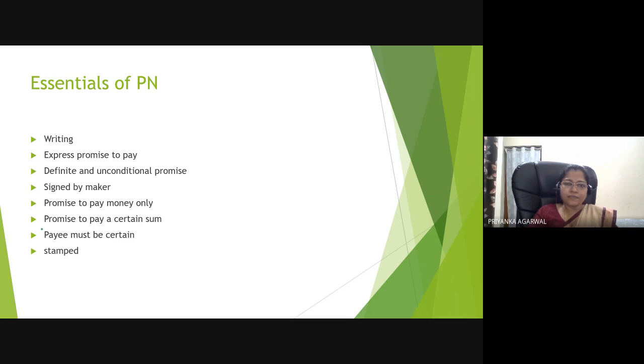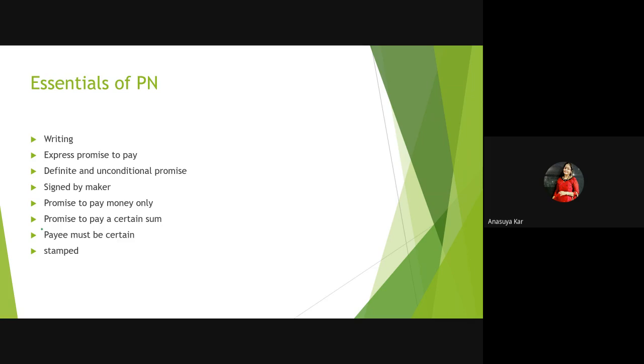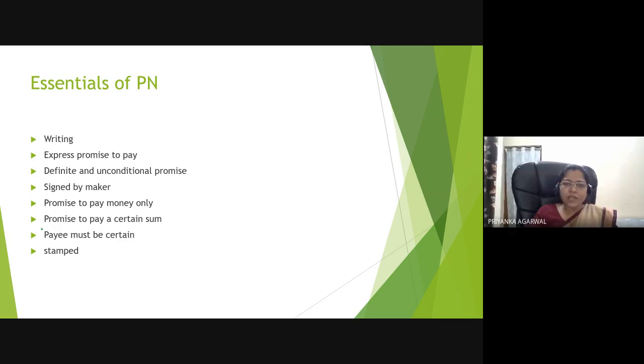"So, ma'am, while endorsement, we can put the conditions?" Yes. You can say that this amount will be payable to you, not for the negotiable instrument, but this amount will be paid to you only when you become major. That can be put at the time of endorsement. "Okay, ma'am. Got it."